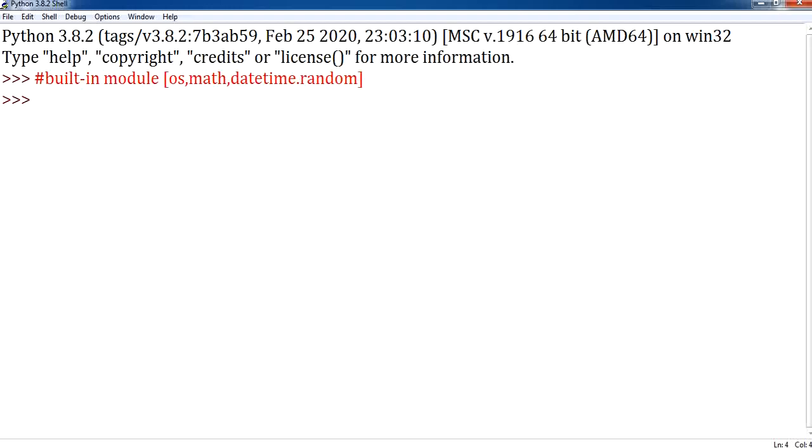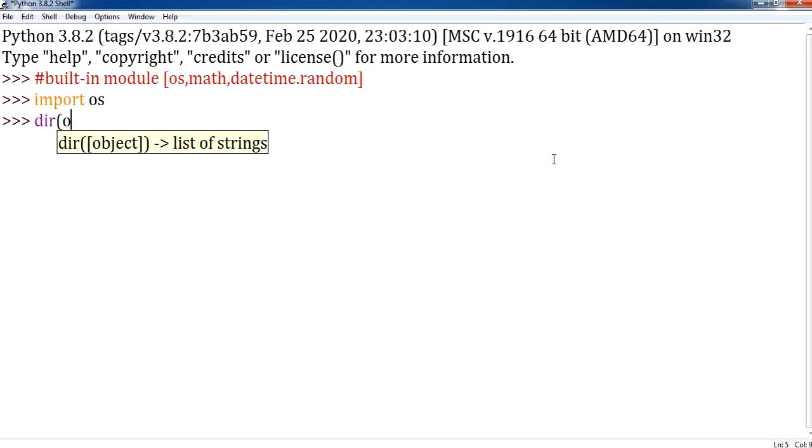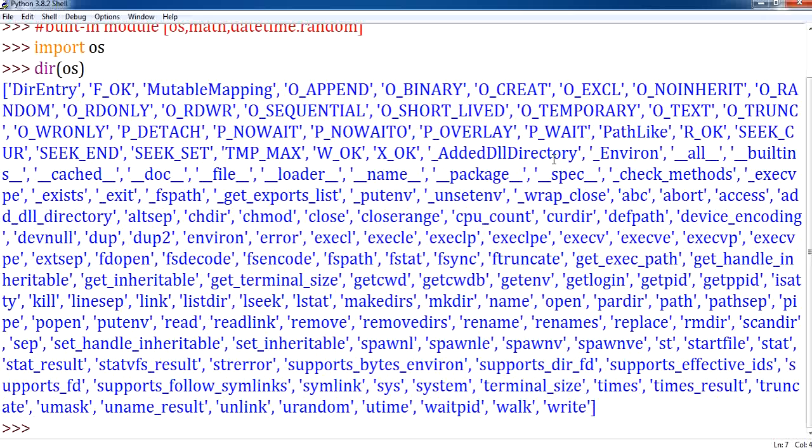If you want to use the OS module, first let us understand what its purpose is. The OS module is used to interact with your operating system, where I can create a directory, subdirectory, and remove a directory, subdirectory, and interact with the file system. If you want to use this OS module, first you are supposed to import it. So let us import by using the import command, import os. Now your OS module has been imported. If you want to know what methods and attributes are inside this OS module, pass the OS module object as a parameter of dir. It displays all the built-in methods and attributes inside this OS module.